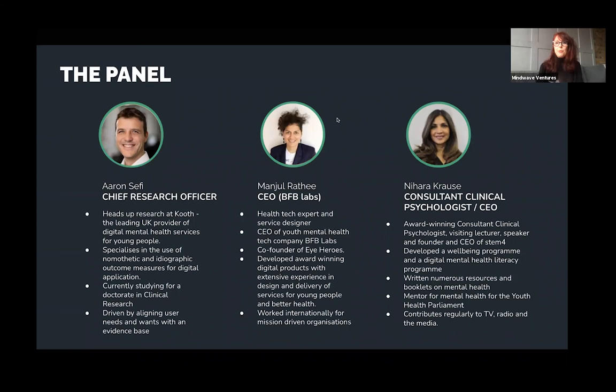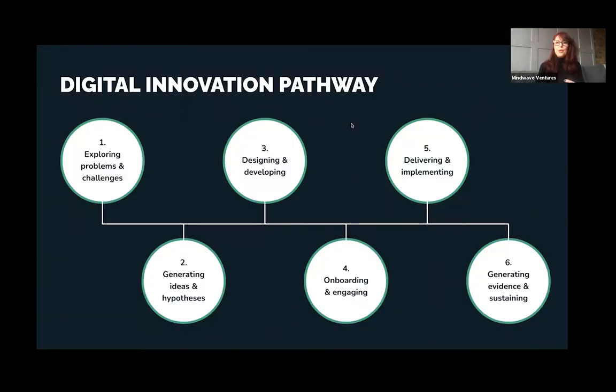So that might be something we want to pull out. Just to orientate our thinking, and I've used this slide in previous webinars, this is adapted from Nesta's innovation flowchart. And of course, this is not a linear process, but it broadly describes some of the domains that we need